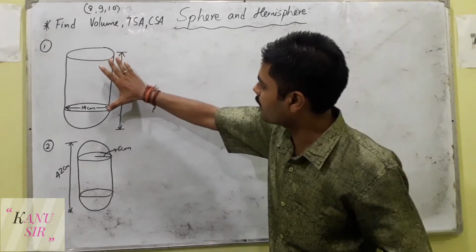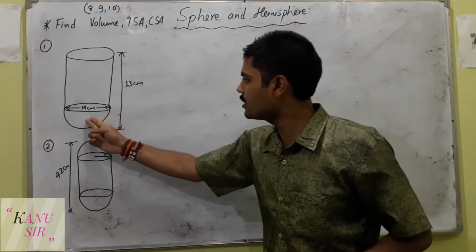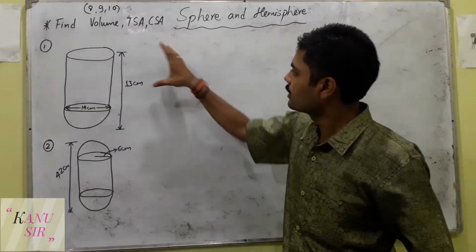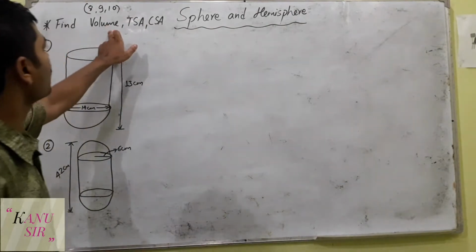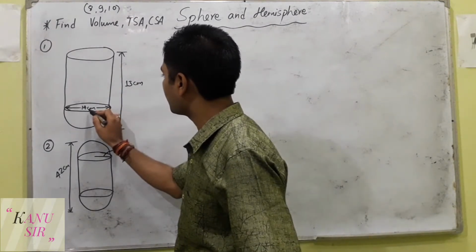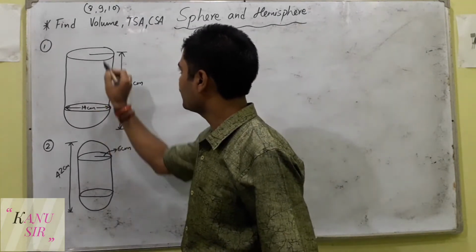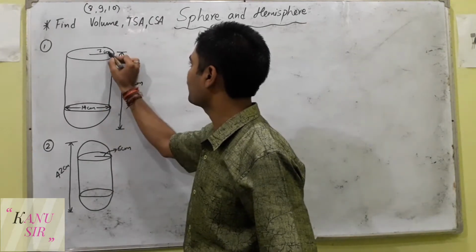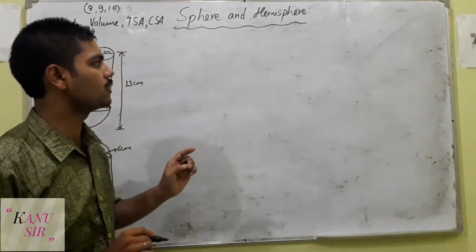The values given in this figure are the diameter of the great circle of a hemisphere, or you can also say the diameter of the base of a circle, and the height of the whole object. In the question we are asked to find the volume, total surface area and curved surface area. With the help of the diameter we can find the radius of the circle, and the radius is just half of the diameter, so half of 14 you will get 7 centimeter. As I have explained in previous videos, you can go up to the I button